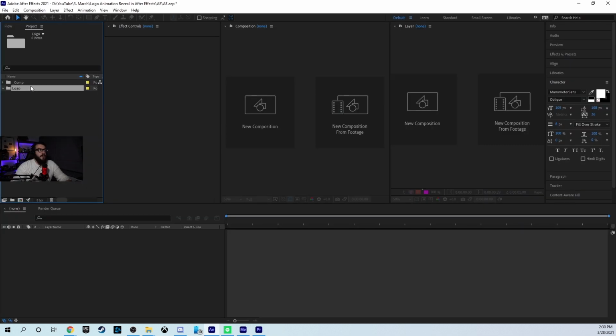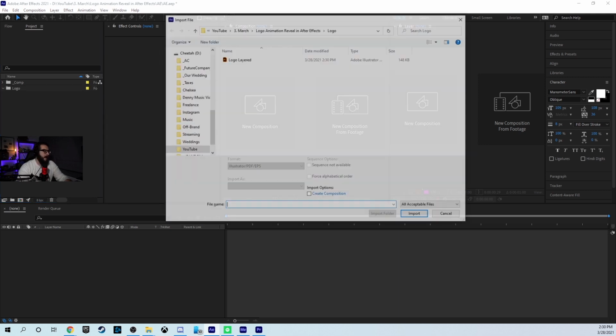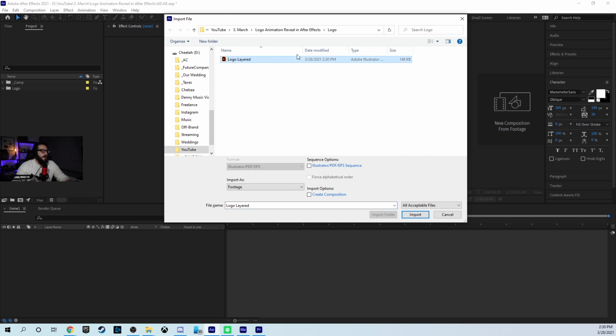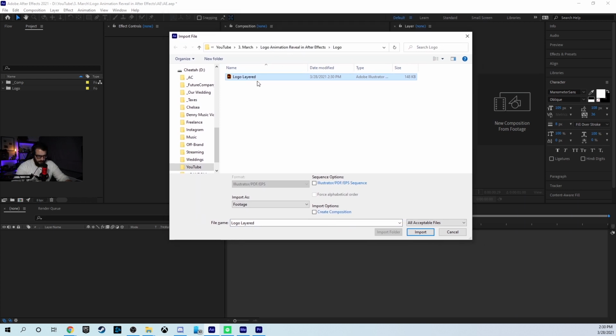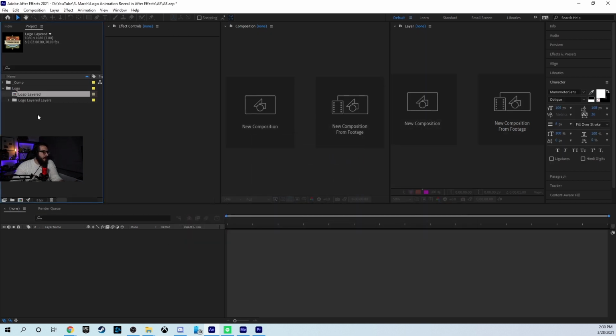Okay, so now we are going to jump into After Effects and import our Illustrator file. On a PC, you're going to hit Control-I. On a Mac, you'll hit Command-I. And you're going to select your logo Illustrator file and go down to where it says Import As, and make sure that selection is Composition Retain Layer Sizes. That way the composition is going to import as well as all of the individual files. That is important because now we don't have to cut anything out. It's just going to be taking those layers and animating them. So make sure you select Composition Retain Layer Sizes, import that, and now you can see it comes in